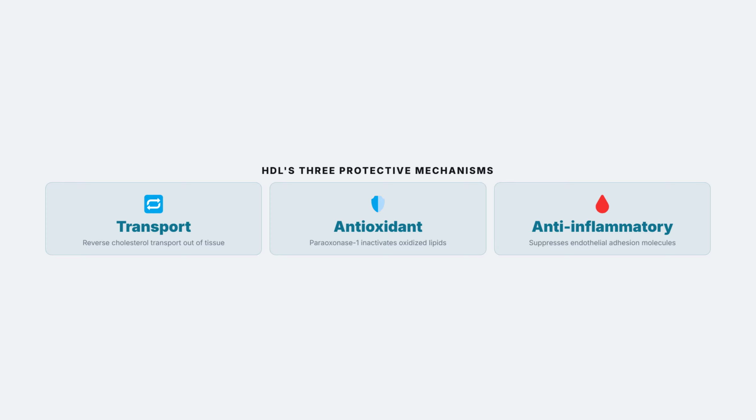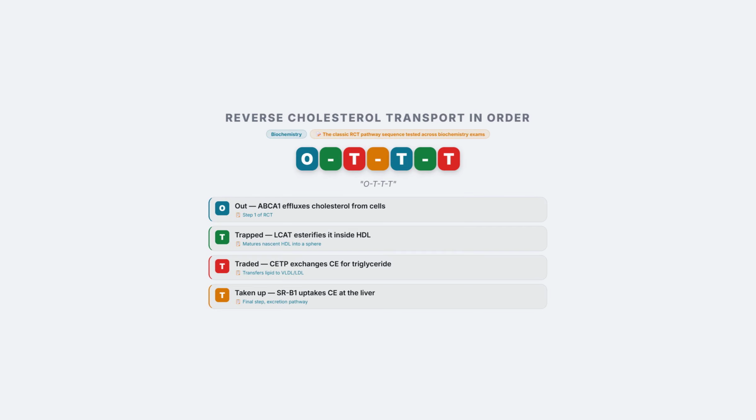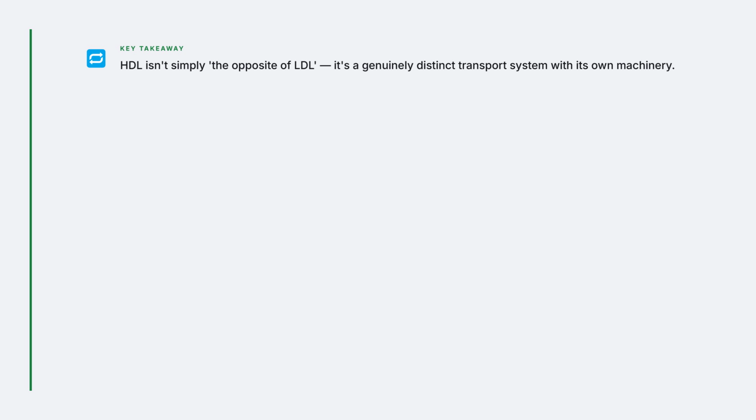vascular endothelium. Remember the sequence with this. Cholesterol goes out of the cell via ABCA1, gets trapped by LCAT, traded by CETP, and taken up by SRB1 at the liver. 4 consecutive steps you can recite in order. So HDL isn't just the opposite of LDL. It's a distinct transport system with its own receptors, its own enzymes, and its own separate route back to the